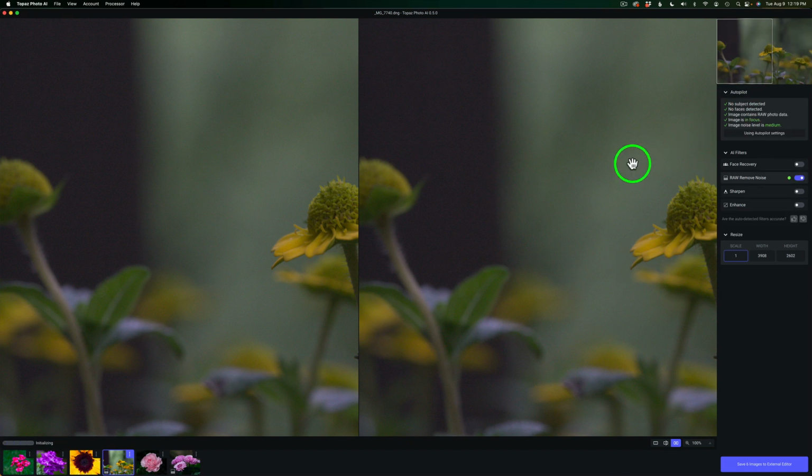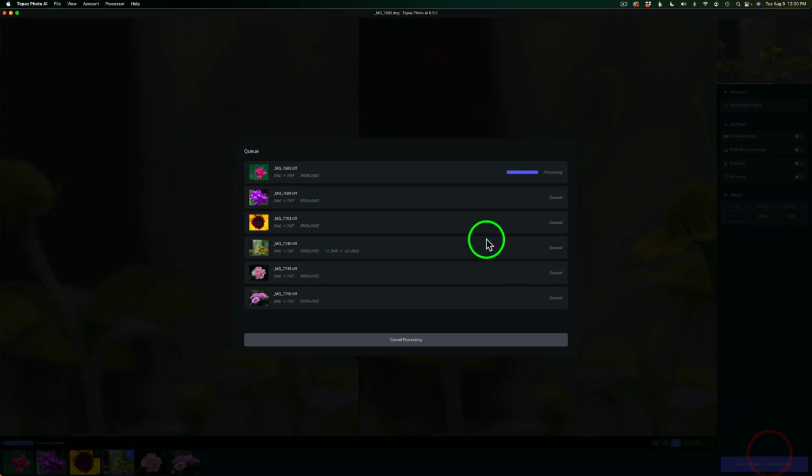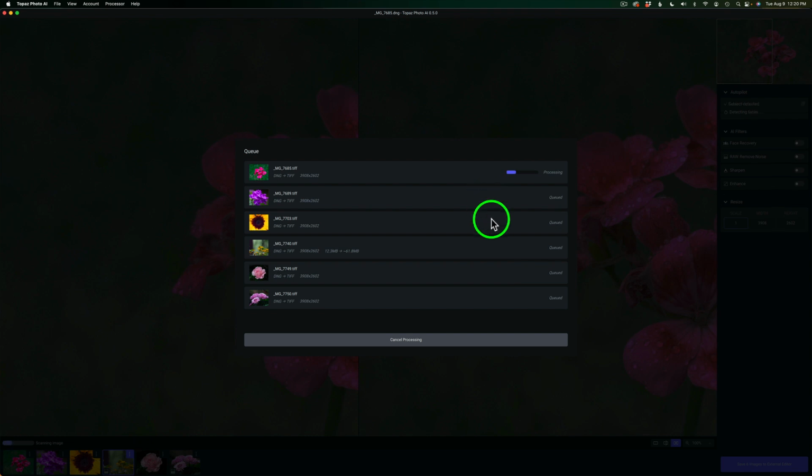But again, if you're having great results, which I have been, you may say, I'm going to forgo that and I'm going to go right back into Lightroom. So all we would need to do is click Save 6 Images, and you'll see they're batch processing out. I'm going to leave this in real time, but you'll notice they're going back as TIFFs because the raw export